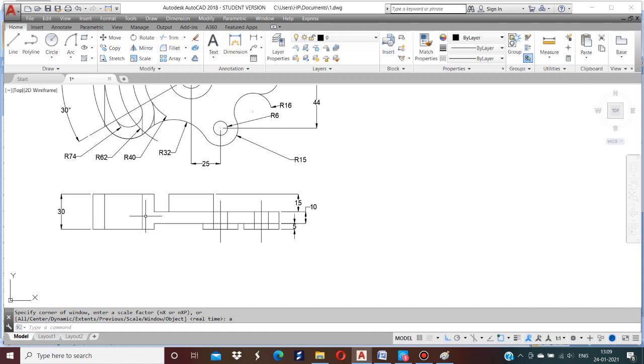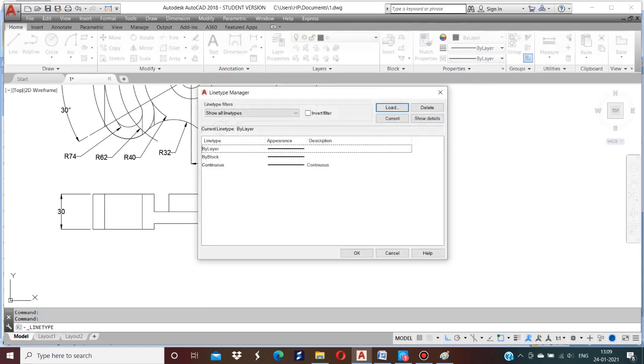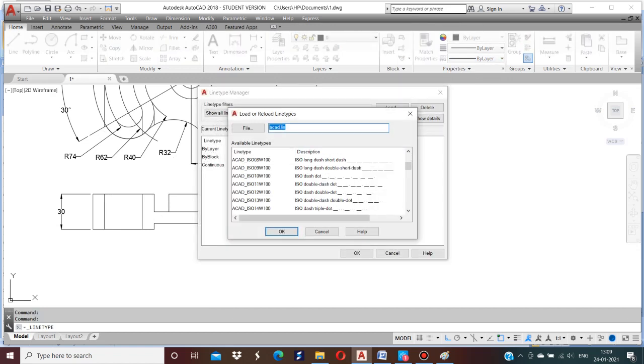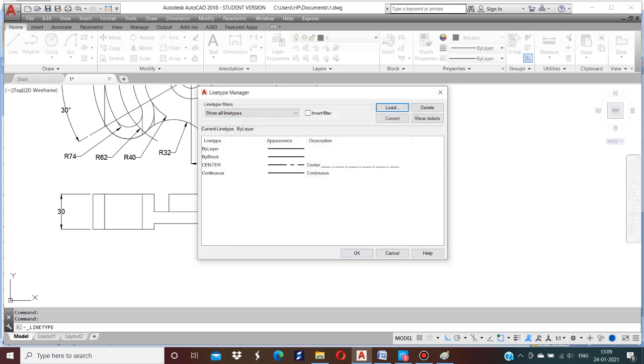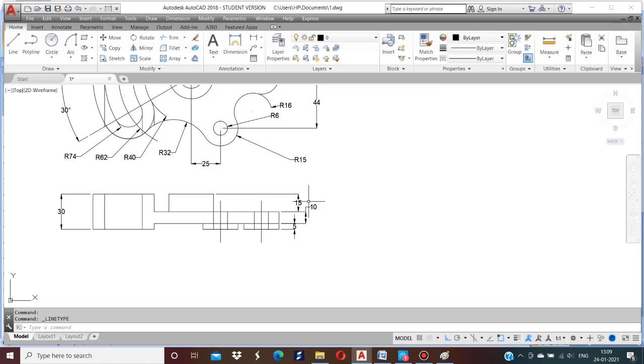Now here select, go for by layer. There is no center option. Select other. Load type center. Okay. Now here this line and this line. Select the center. Now load by layer.